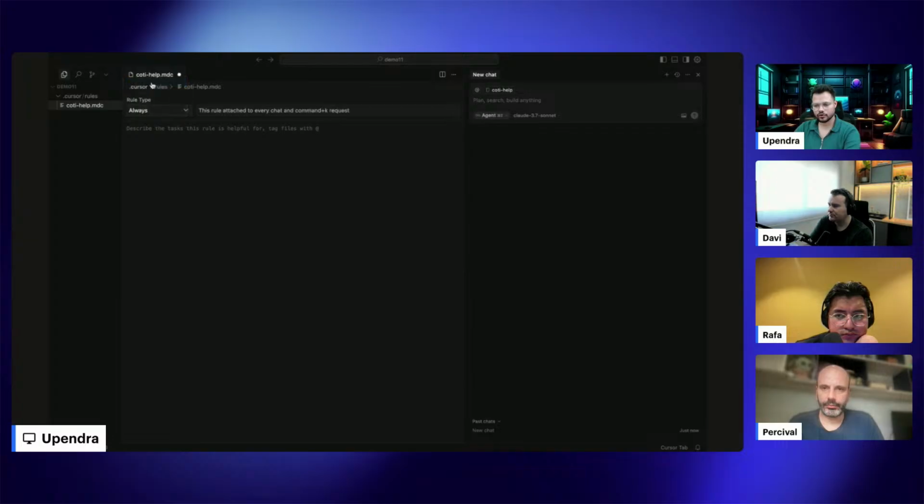When you say always, whatever prompt you give in this AI chat box, it will always refer first to this tool. You can see COTI help. It will first go through this rule as a context, and then work on your